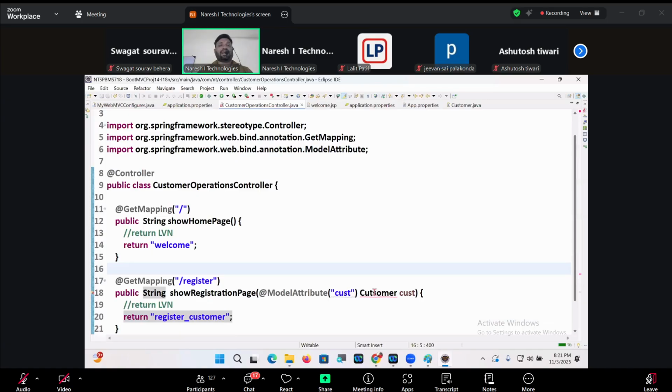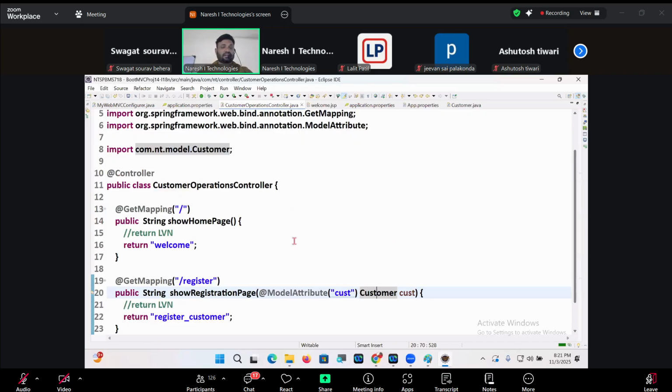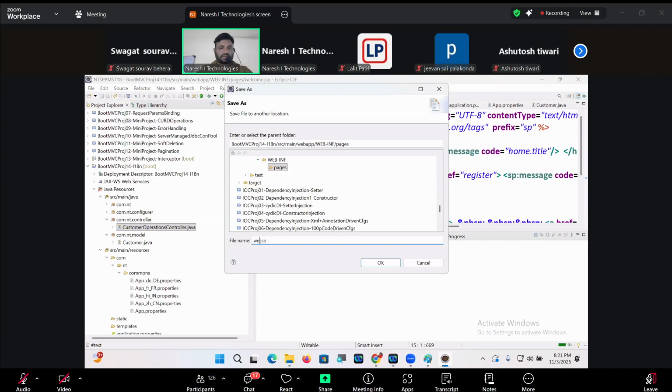Fine. I have to develop this page now, guys. Let's take welcome.jsp, file save as register underscore customer.jsp. Yeah, this is fine.